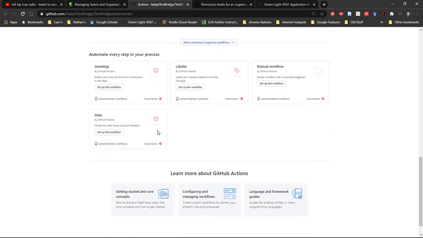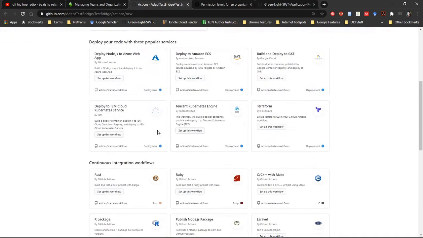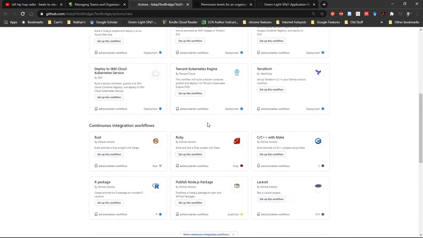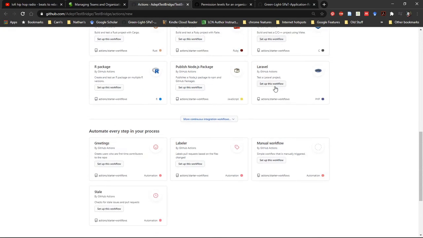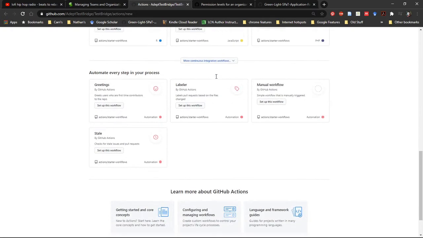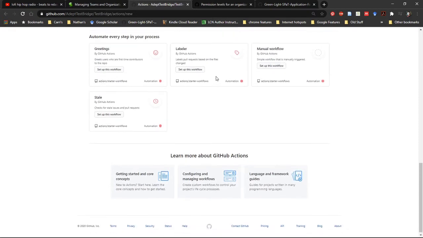Do they have one for Python? Let's see: deploy to Node.js, deploy to Amazon, a Docker container to Google Container Registry. It's pretty good. There's a lot of different things that you can do here. Ruby with Rake, C++ with make, so you can make your stuff. Publish Node.js, which is not something you'd want to do in Python, but